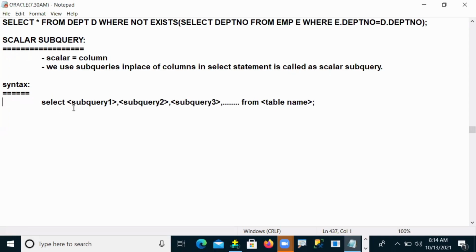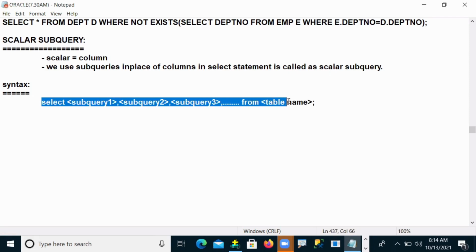So in place of column names, we are writing subqueries again, along with the FROM clause. This is called scalar subqueries.